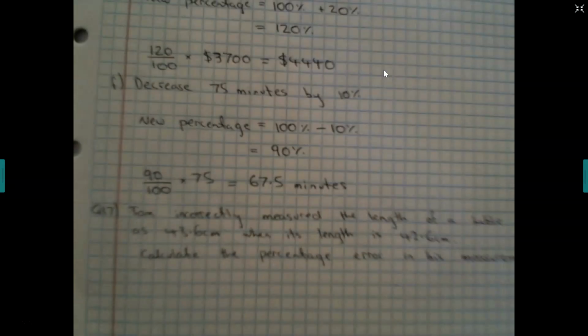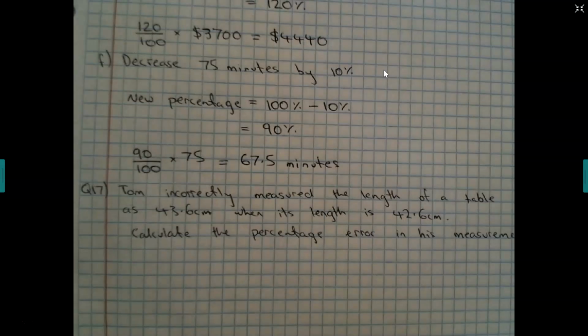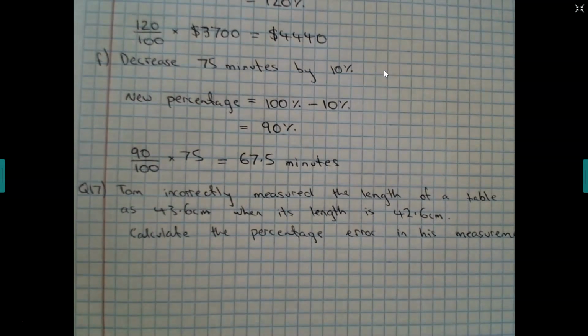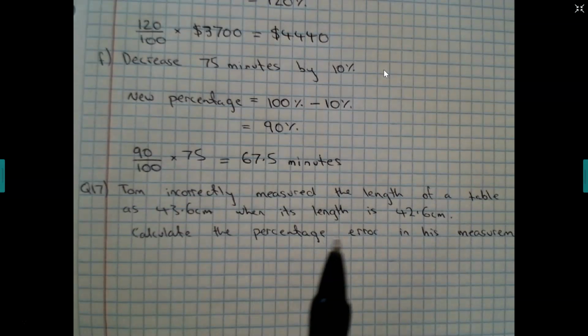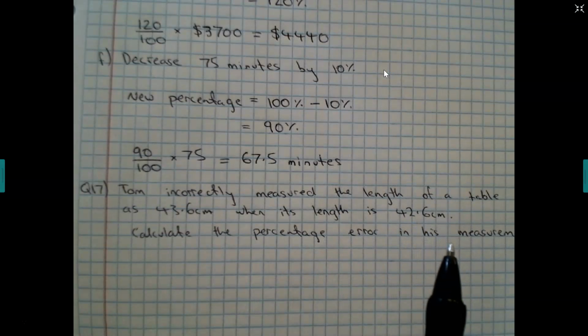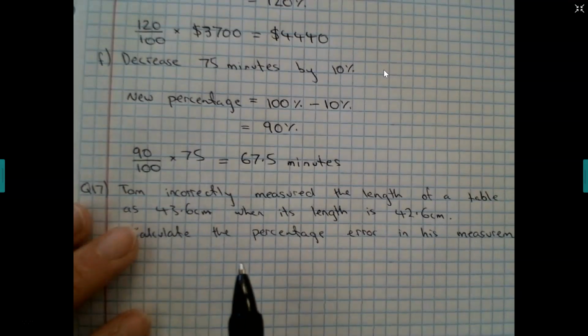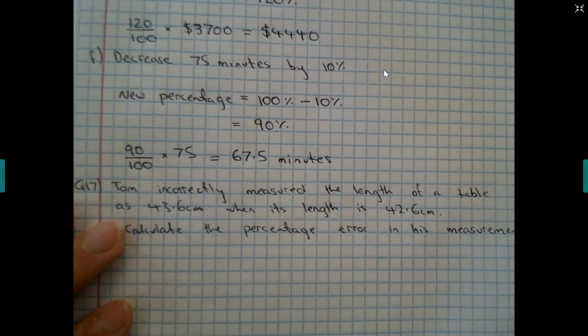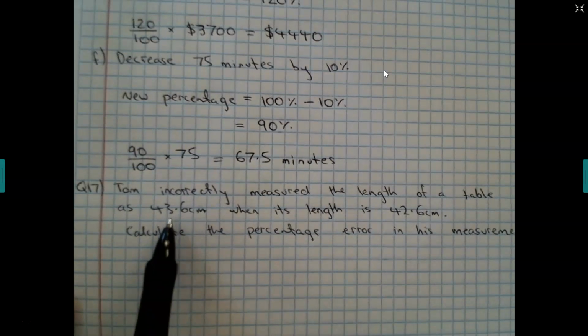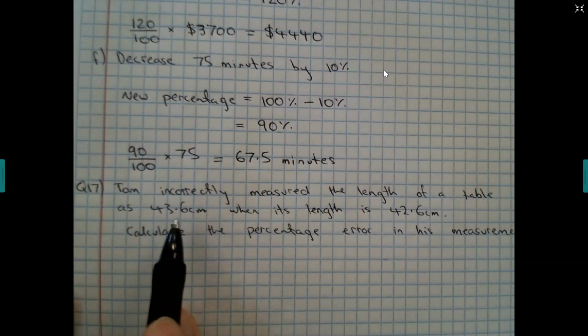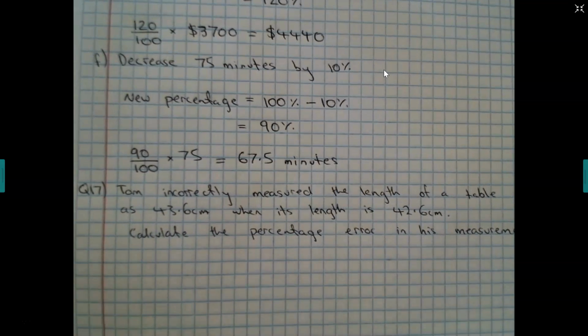So, Tom incorrectly measured the length of a table as 43.6 centimeters when its length was actually 42.6 centimeters. Calculate the percentage error in his measurement. So again, this question is slightly different. So he's tried to measure something, but he did it inaccurately. He measured 43.6 when its actual value was 42.6. So if we want to find a percentage error